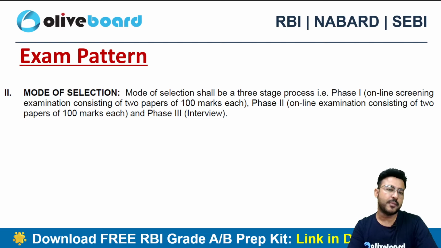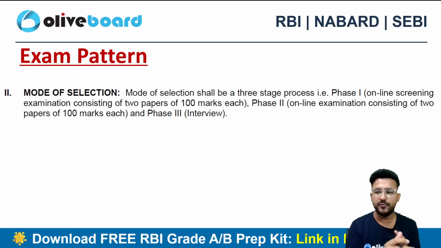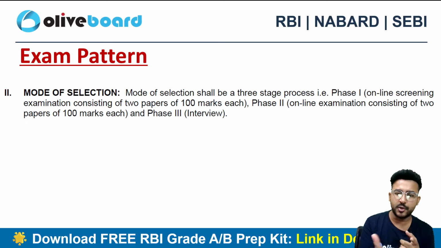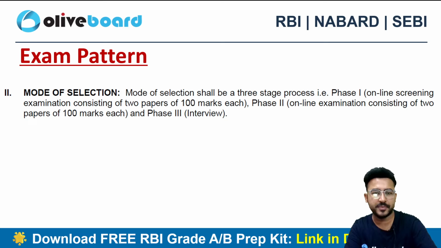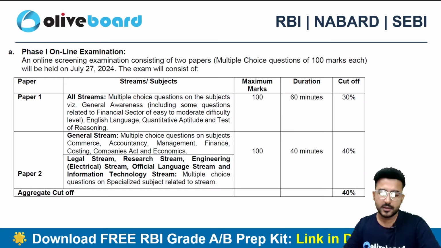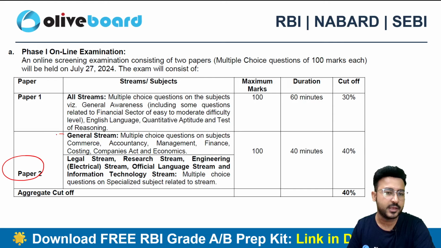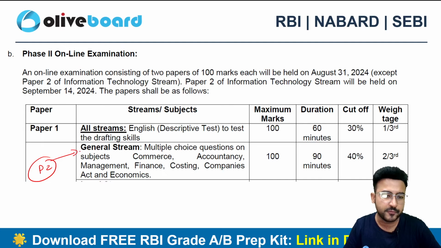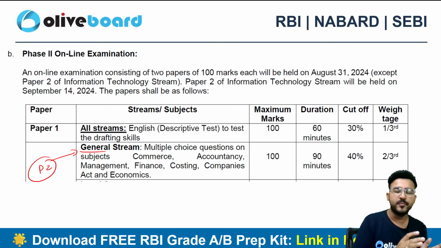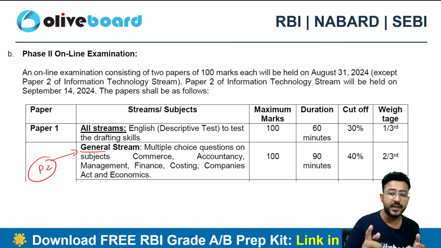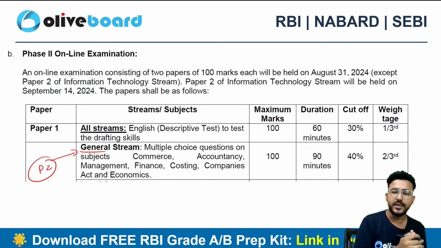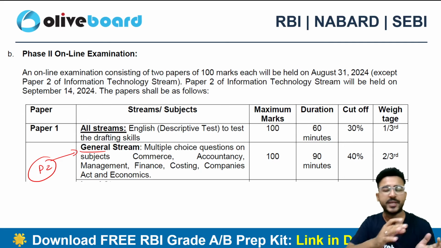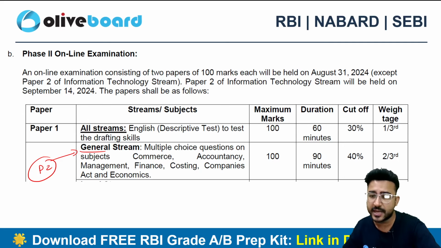Let's start. Coming to the exam pattern, we all know that you have two phases and one interview. In phase 1, there are two papers, and in phase 2 again, there are two papers, paper 1 and paper 2. Particularly when I talk about paper 2, whatever paper 2 subjects you have in your phase 1 examination are again going to be repeated in paper 2 of your phase 2. So this will definitely give you a compounding effect. If you do your paper 2 very well for your phase 1 examination, it will definitely amplify your chances to get selected in this examination, because that's what you need to study in paper 2 of phase 2 as well.